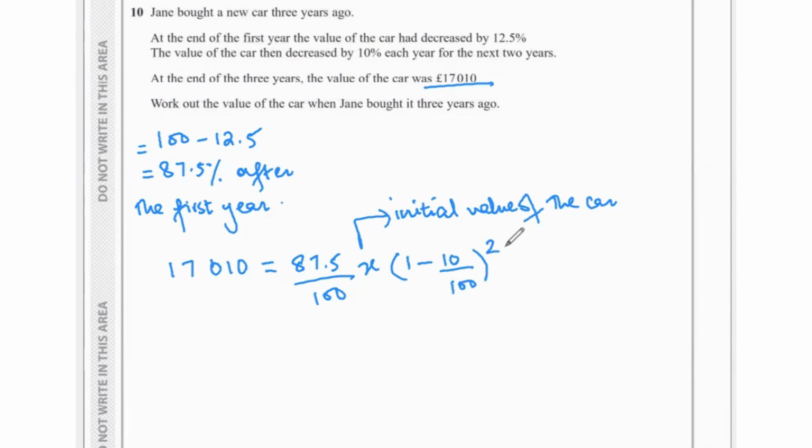The reason why it's 1 minus 10 over 100 is because 87.5% is the value at the end of the first year, and that value is being further decreased by 10% for the next 2 years. So that's why we subtract 10% from 1. So now what we have is